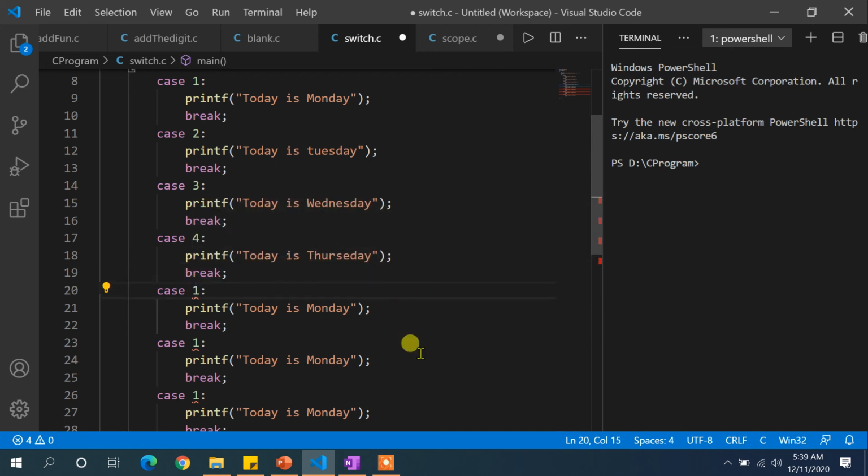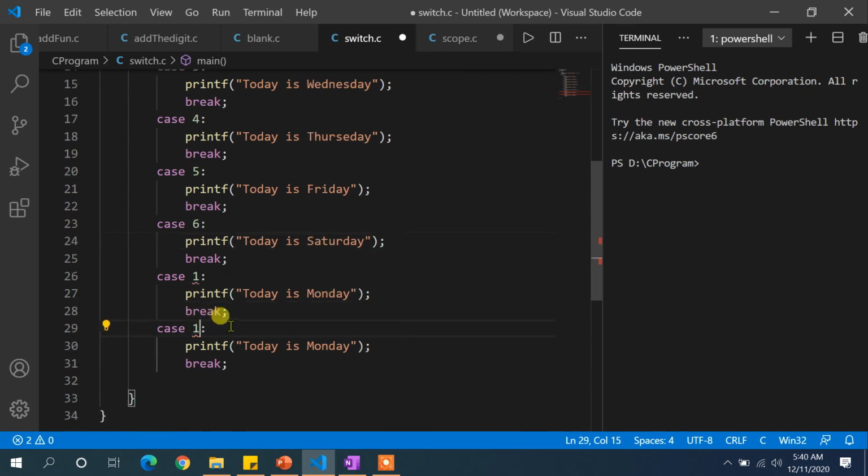Case number 5 will print Friday, case number 6 Saturday, and case number 7 will be Sunday, right?